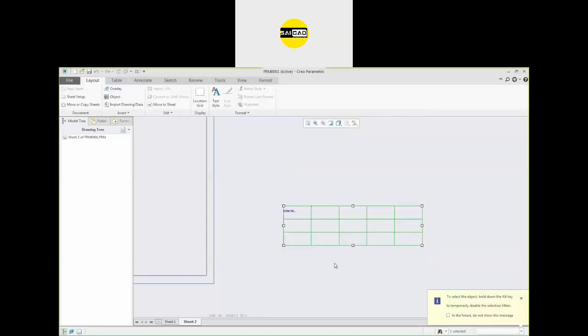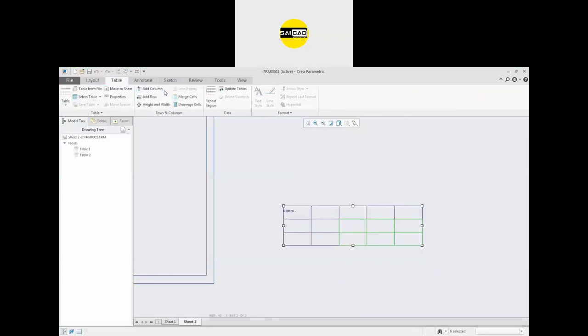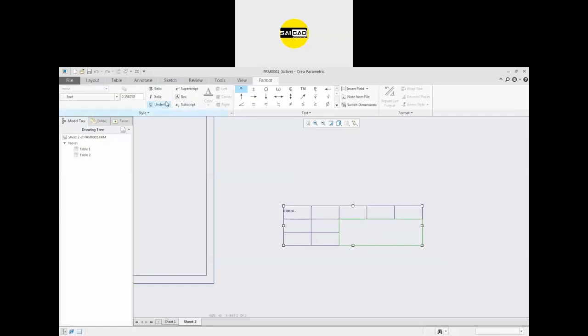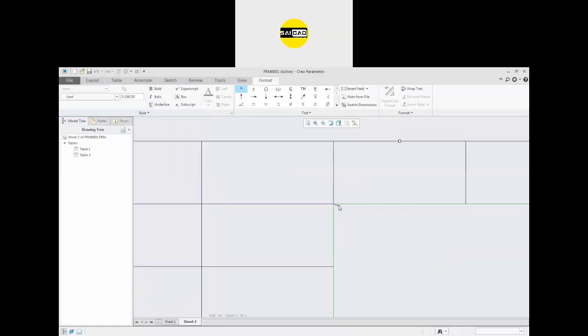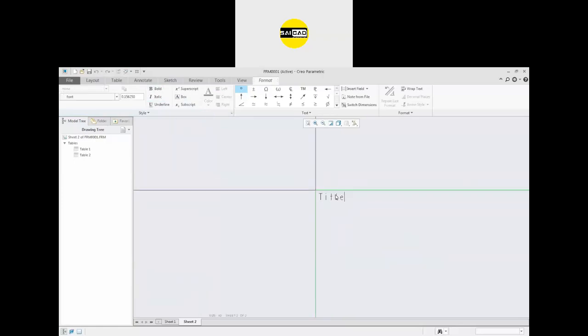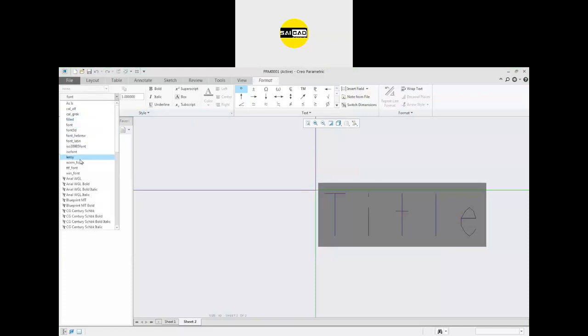Getting some error repeatedly. So okay, here I'm going to select these three. I want to merge them. Okay, and I need to enter text here that is the title like that, and again define the values from here. It will be one, font will be this one.